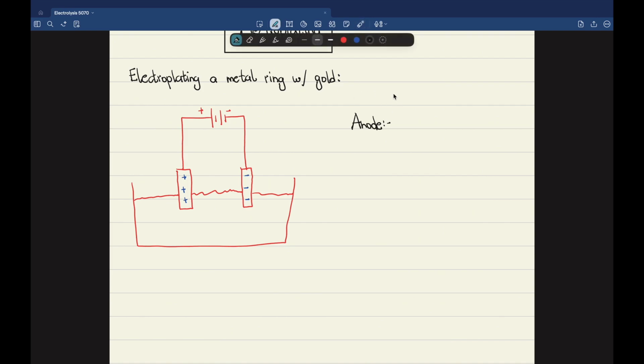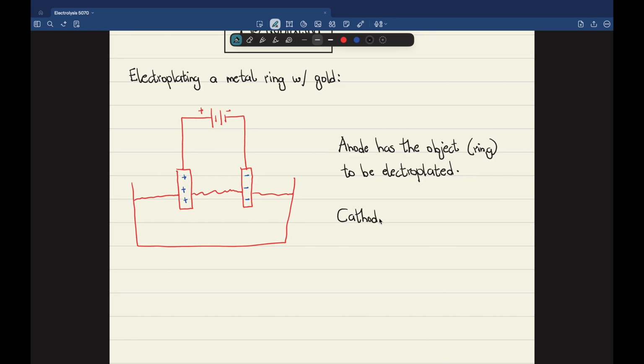So we will take on the anode the object, let me write it clearly. Anode has the object, in this case let's talk about a ring, the ring to be electroplated, right, to be electroplated. And the ring has to be electroplated with gold, since gold is the material with which we want to electroplate it. So the cathode